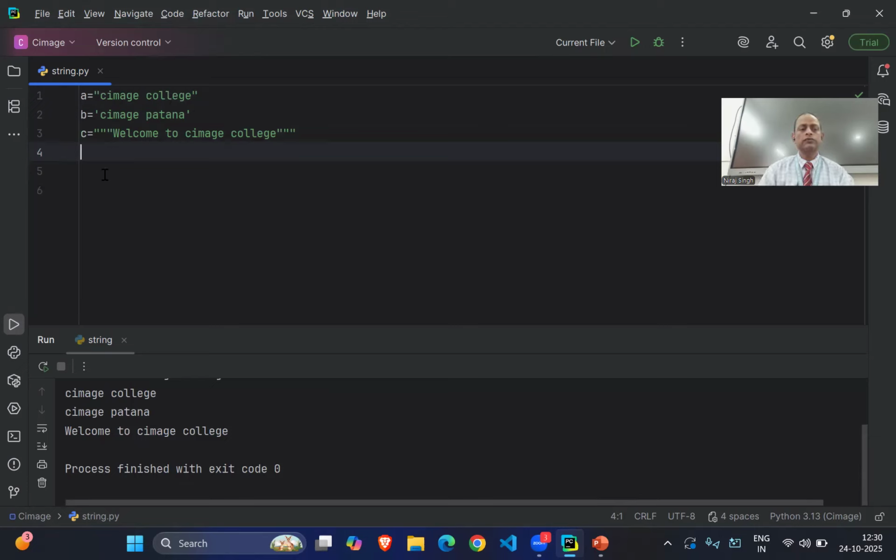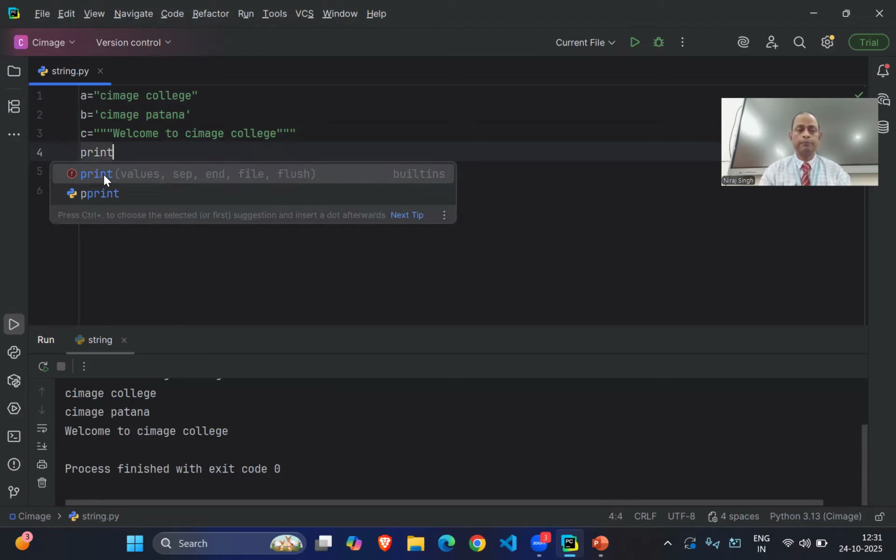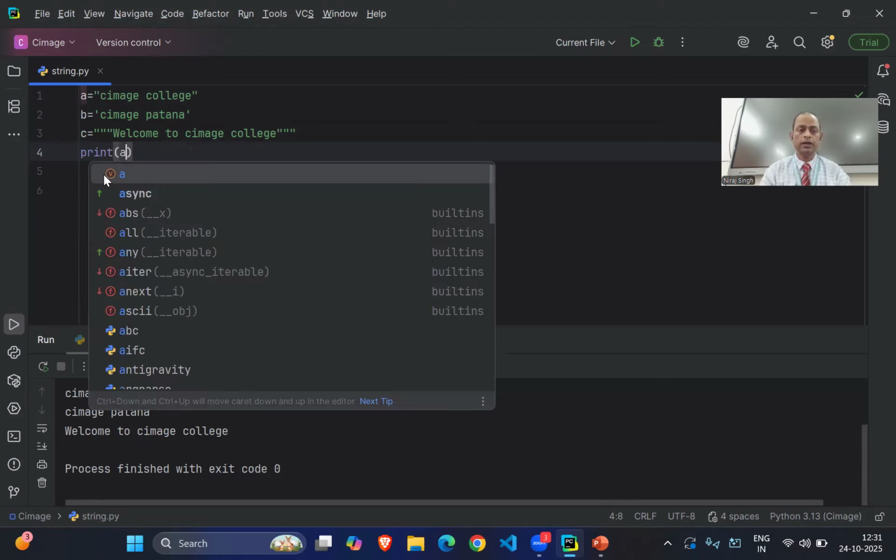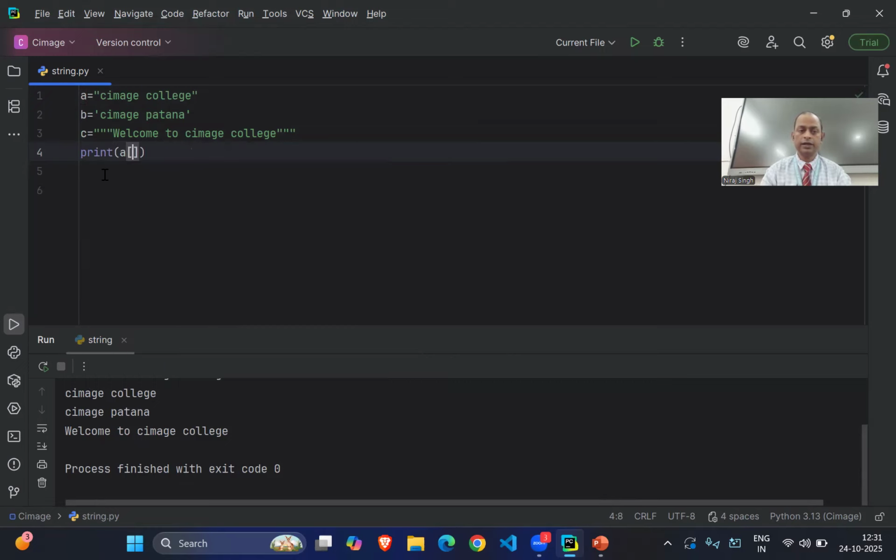So if I want to display any particular character, it can be displayed by using the index. So print A, and then we write the index value of M, that is 0. Now check the output. What will be the output?